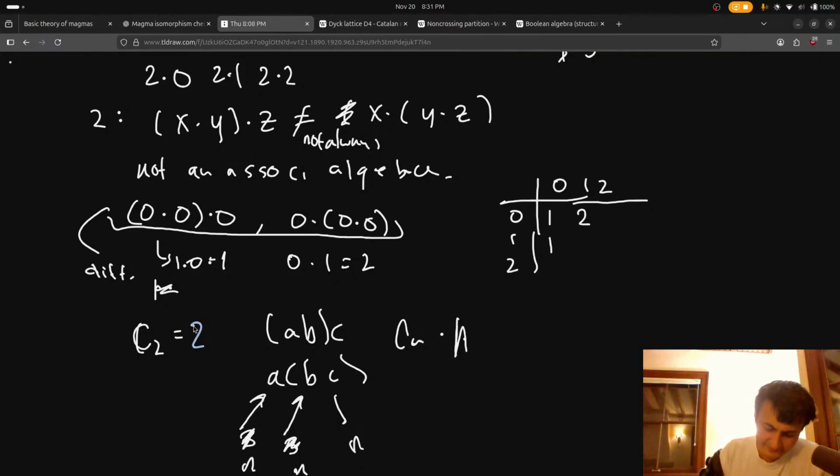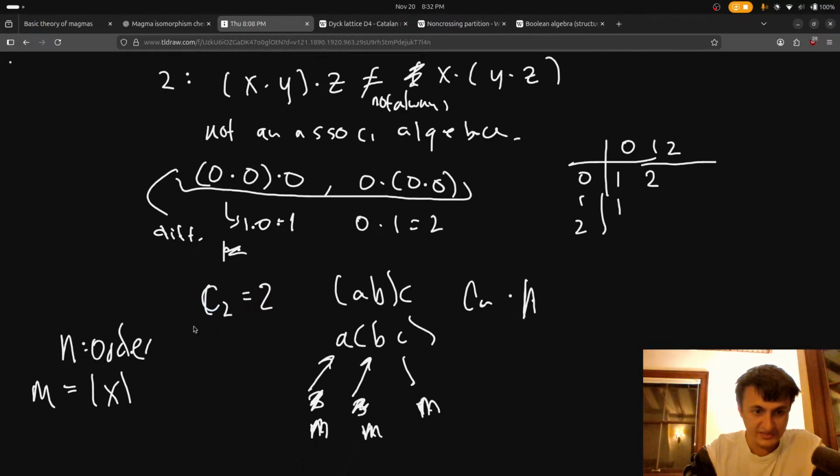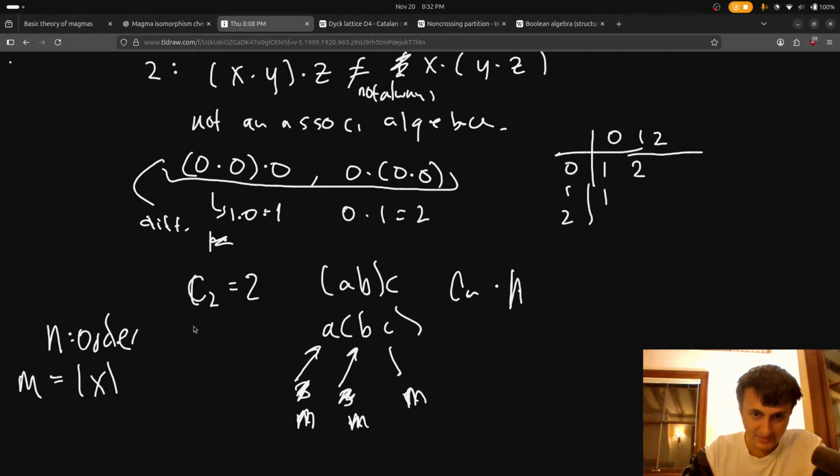Okay, so how many options do we have? Let's make this M. So we're going to say N is the order, and M is the cardinality of the alphabet. Then we can make some progress here.